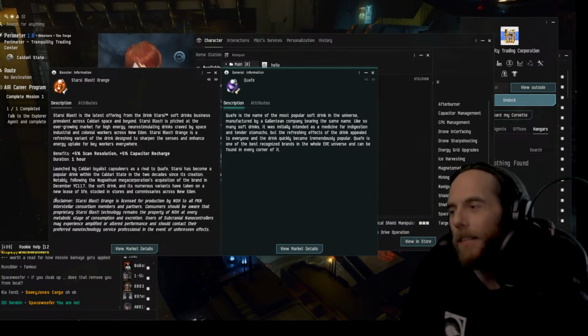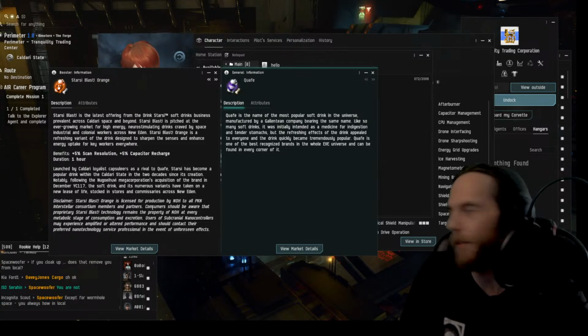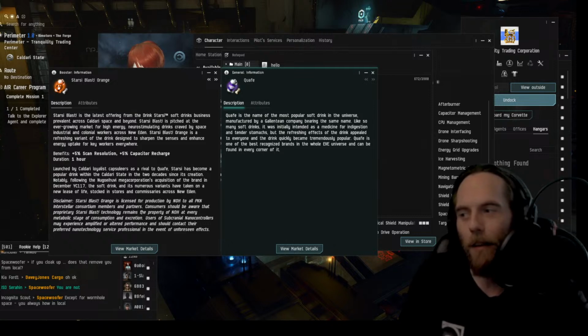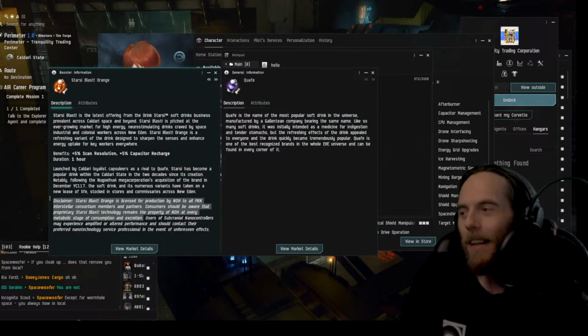No, in this case, it is in the fine print at the bottom. Disclaimer. Starcy Blast Orange is a license for production by NOH to all PKN Interstellar Consortium members and partners. Consumers should be aware that proprietary Starcy Blast technology remains the property of NOH at every metabolic stage of consumption and excretion. Hold on. So what they're saying is that even after you've drank it, technically what you drunk still